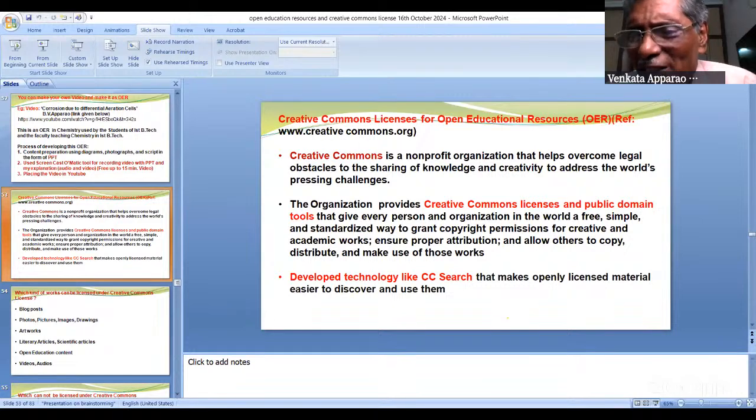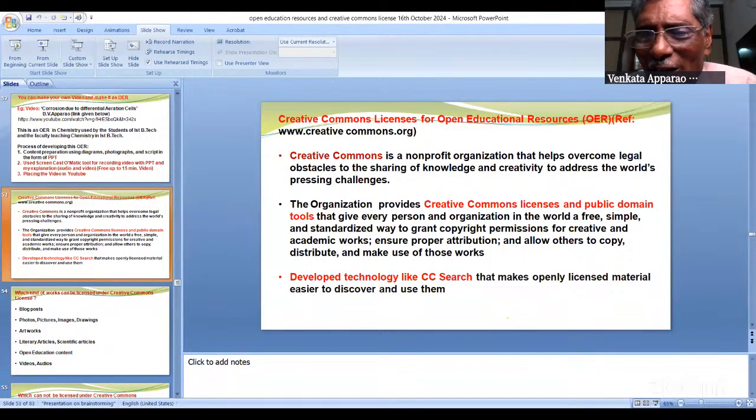That means free in the sense, it is enough if the user acknowledges you, that is good enough. They don't have to pay anything to the author, to the creator of the OER. Just acknowledging is enough. So I shall discuss